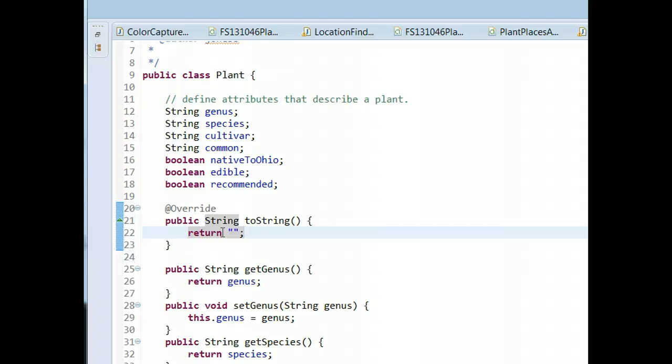Remember, if you have a red line, objective number 1, get rid of the red line, get it to compile. Now, another option is I can use these strings up here: genus, species, cultivar, common. So what I can do is say return genus, and then the plus symbol will append two strings together. So I can say genus and then a space, and then double quote, space, double quote, then